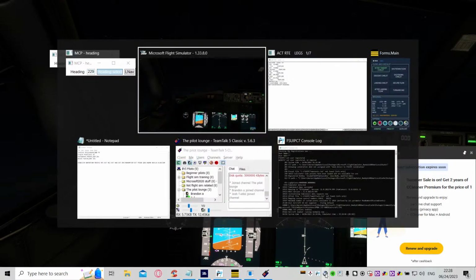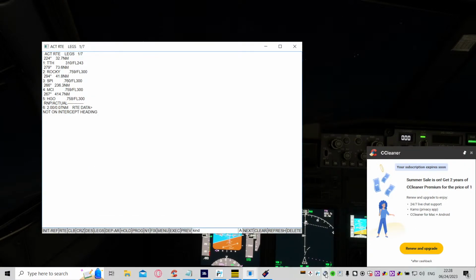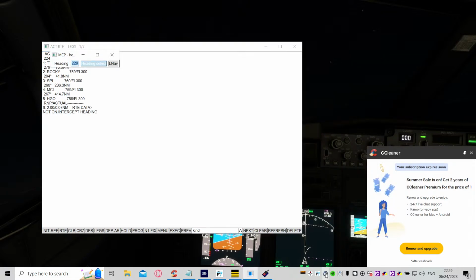I'm gonna get in the right heading here. Sometimes it'll do that too, and I'll explain that in a minute. 224 degrees, 32.7 nm. MCP heading light off. Heading input, Alt plus E, selected 224. Alright, so let's get lined up, and then when you get lined up with a waypoint,